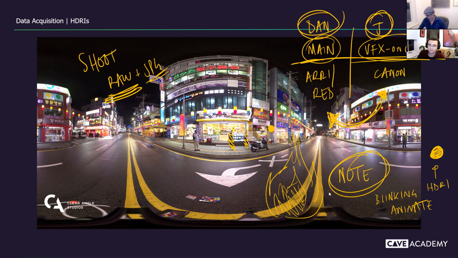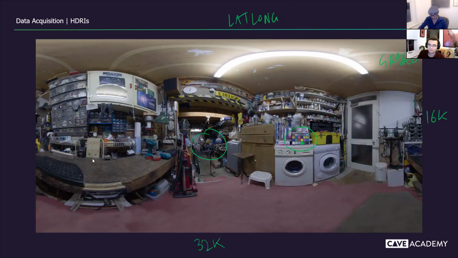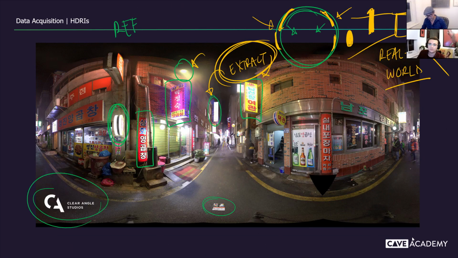You could paint them out, clone them out, but that's post-work. But in general, anything moving is going to be ghosting. Actually, one thing you do have to be careful of is if you're shooting with a LiDAR scanner. Actually, Dan, I think I don't have the image of you shooting with it. If you're shooting with a LiDAR scanner,